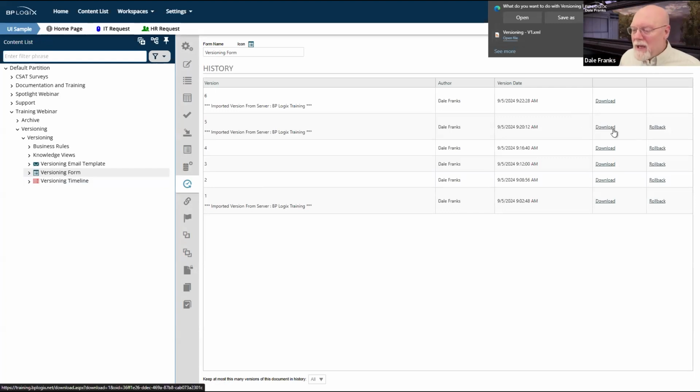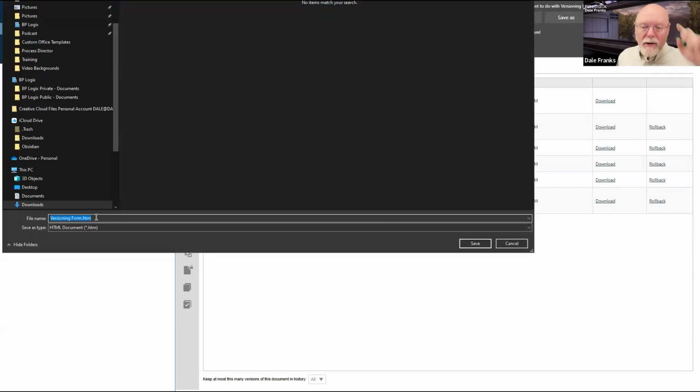Now, this is an artifact of Process Director. Let's go ahead and hit save here for this download. And notice this is versioning form HTM. This is actually the HTML version of my template. Quite frankly, this is useless. There's nothing you're going to be able to do with this,